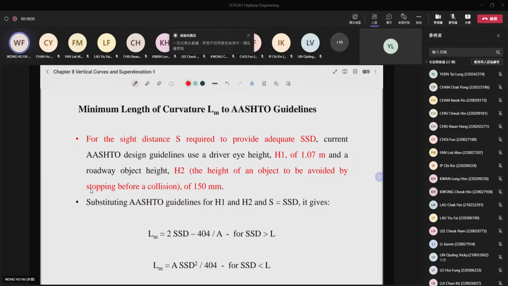The current AASHTO design guideline gives a driver eye height of 1.07 meters, and the roadway object height, H2, is equal to 150 mm. H1 is the driver eye height, 1.07 meters, and on the right-hand side, H2 is equal to 150 mm. So if you put H1 equal to 1.07 meters and H2 equal to 150 mm into the equation above,